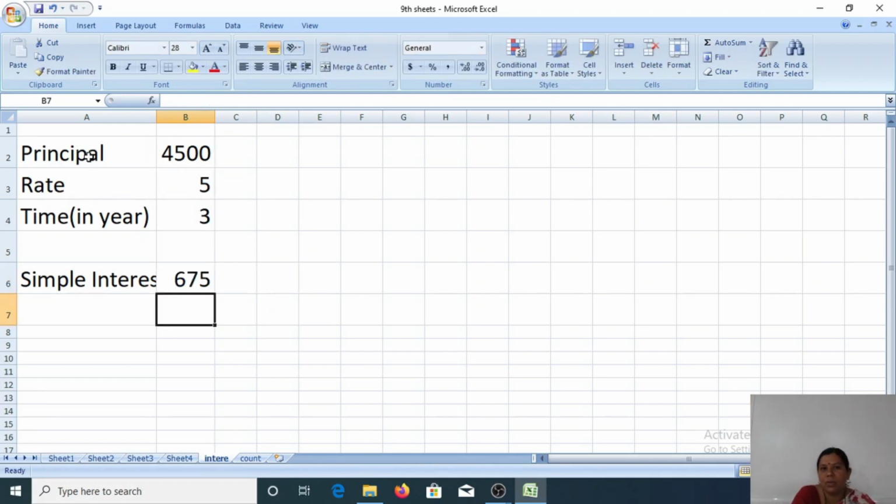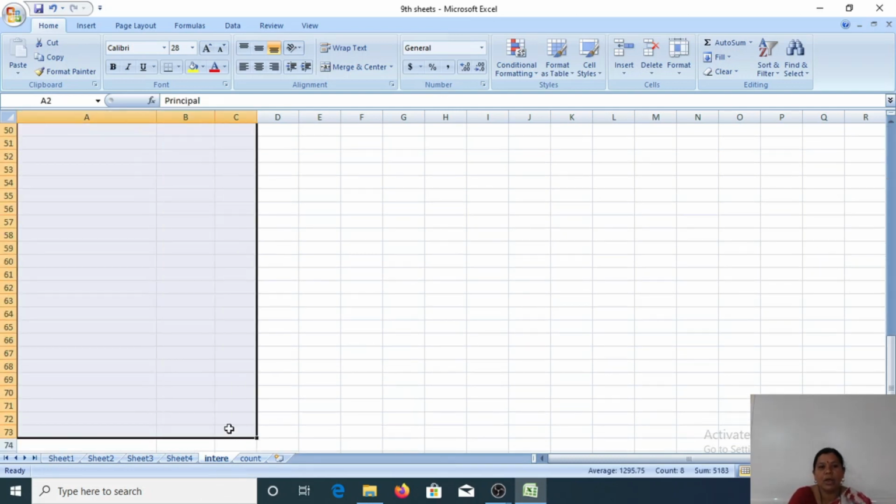Enter. What will we get? 675. The simple interest for 4,500 at a rate of 5% for 3 years is 675, by using a compound formula.